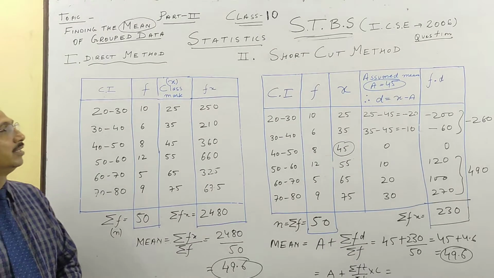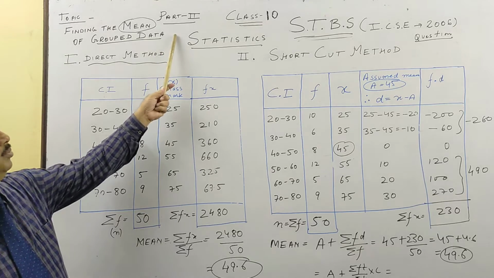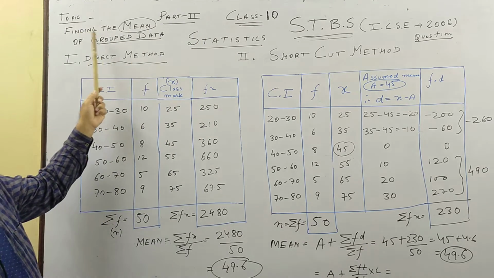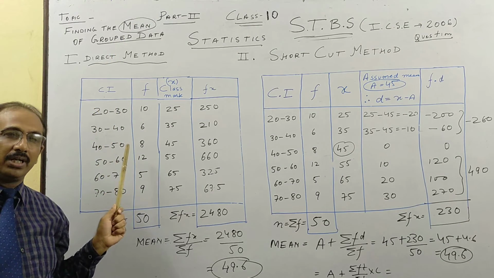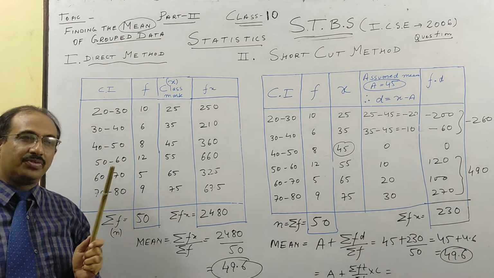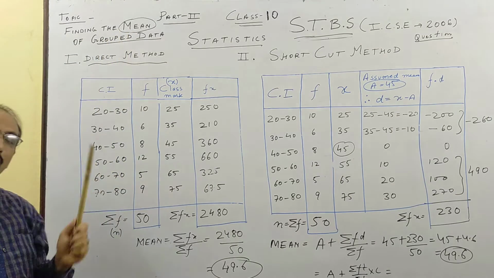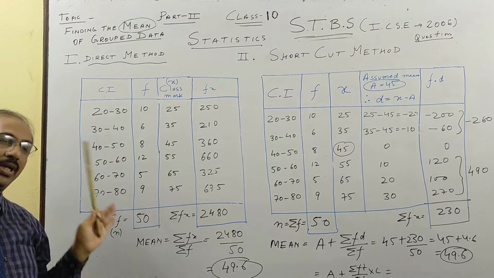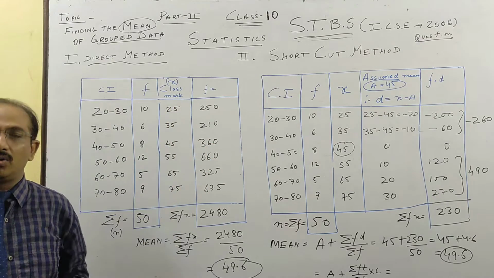Hello students, today we are going to do part 2 of statistics and our topic is mean. Today I am going to teach you three very important things. In my previous video we found the mean of ungrouped data and raw data. Raw data like the first few questions: find the mean of 2, 2, 3, 5, 7 and so on.